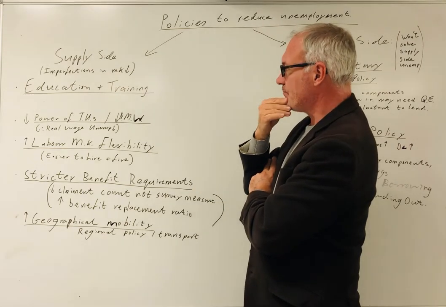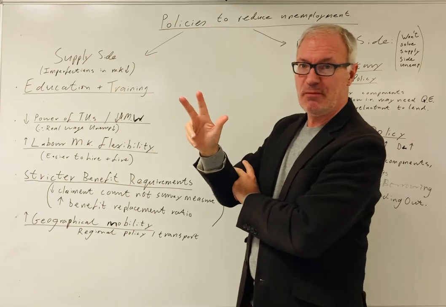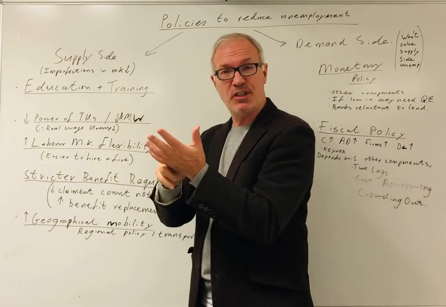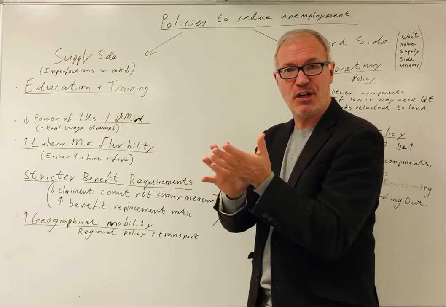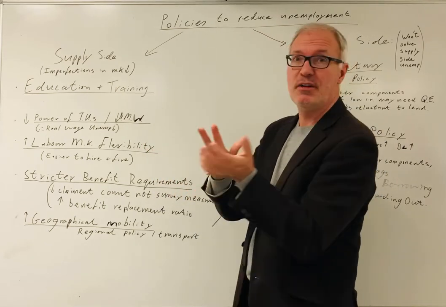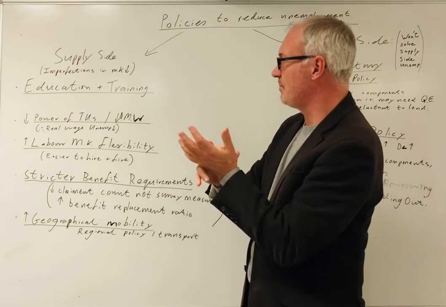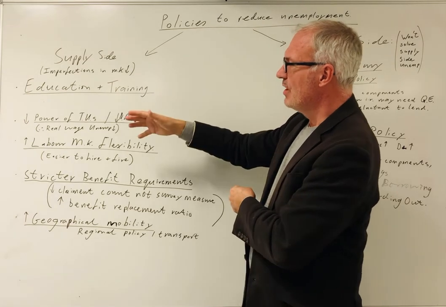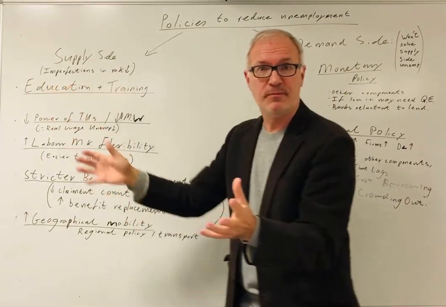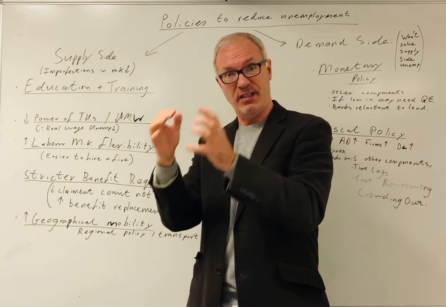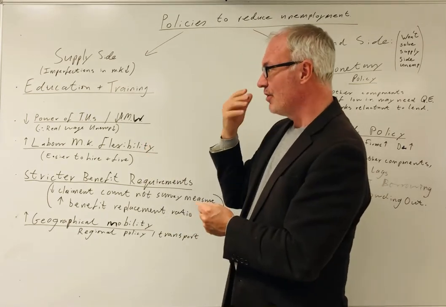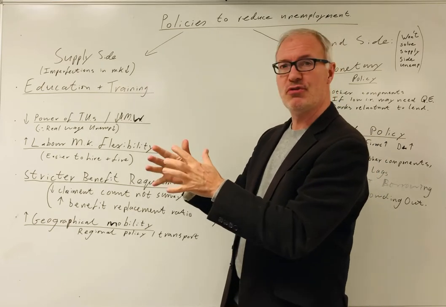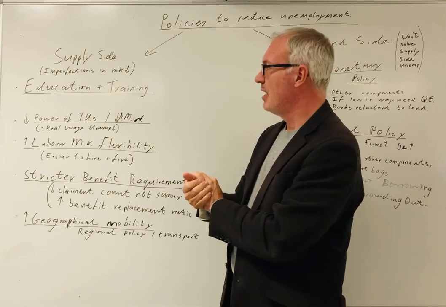so that the three types of unemployment associated with the supply side of the labour market, with rigidities in the labour market, of course, are frictional unemployment, structural unemployment, and classical or real wage unemployment. How do you solve these? Well, education and training. Say steel workers become unemployed, you may be able to retrain them with IT skills so that they become more attractive to employers, and thereby you reduce structural unemployment.